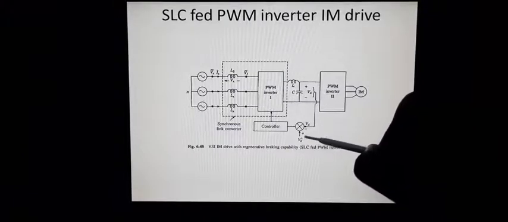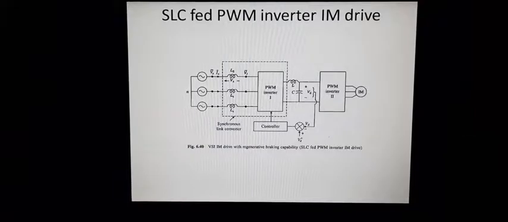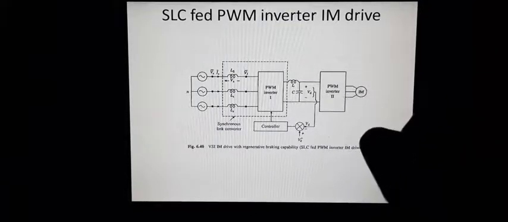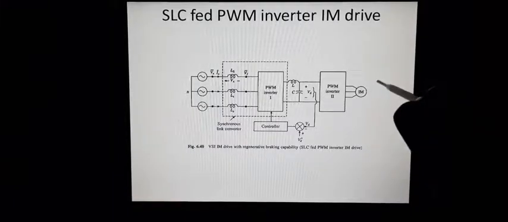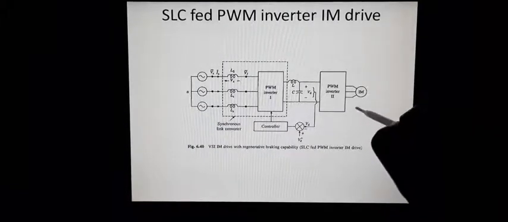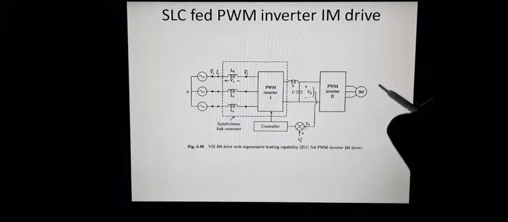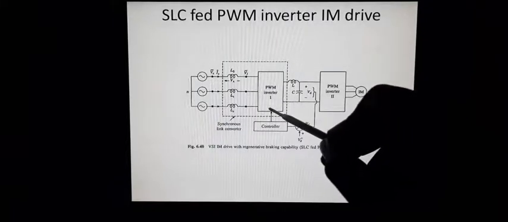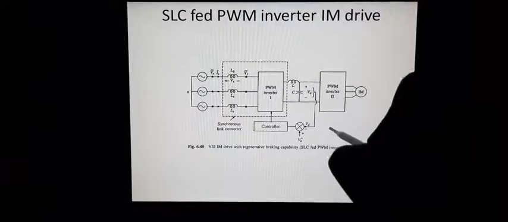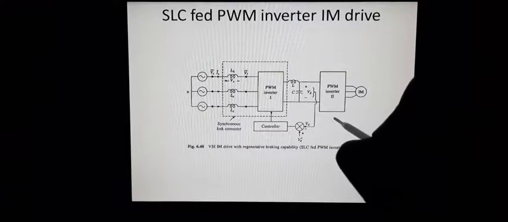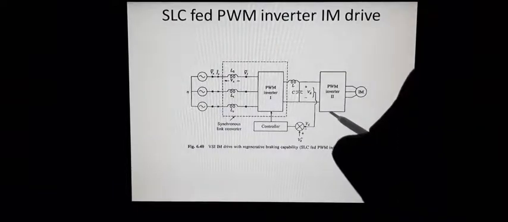So this reference voltage which is being mentioned here as VD star is actually the steady state voltage. So at steady state operation, definitely the error signal will become 0. But in this case, there is an unbalance because now the induction motor is being overloaded. I am explaining in respect of motoring operation. When the induction motor is overloaded, the power which is being supplied by the SLC is not sufficient for the PWM inverter. So definitely the additional power will be supplied by this capacitor. Since the additional power is supplied from the capacitor side, the voltage across this capacitor, or the DC link voltage magnitude, will be getting reduced.